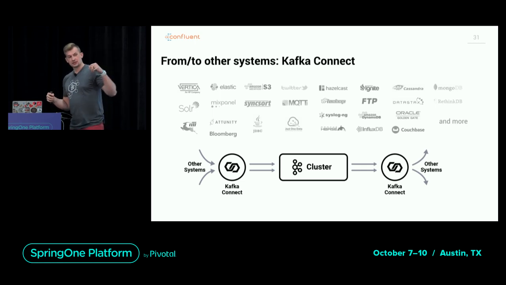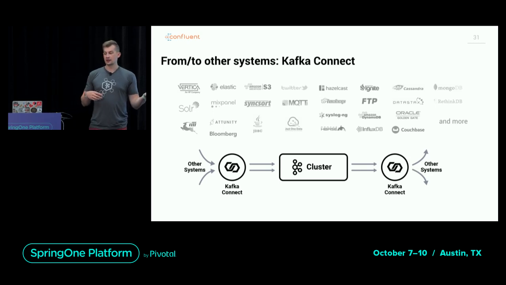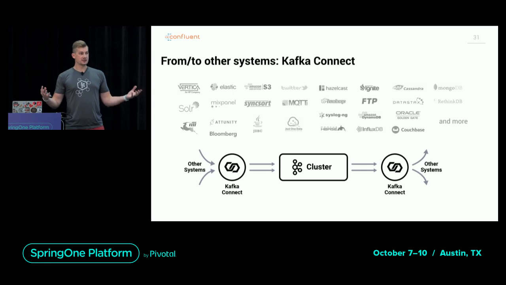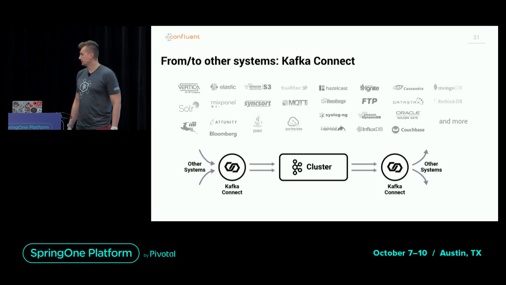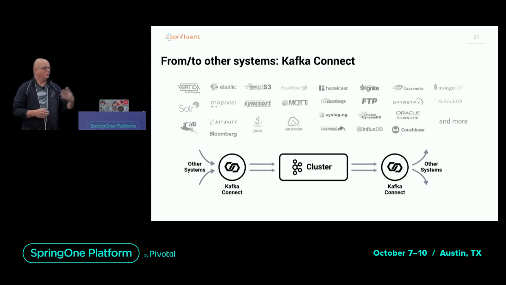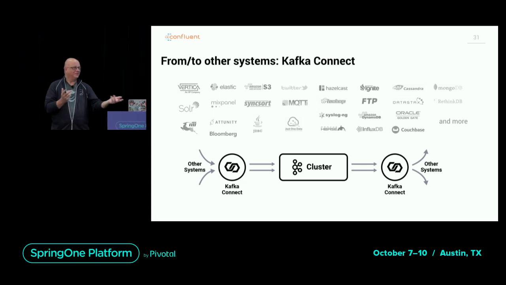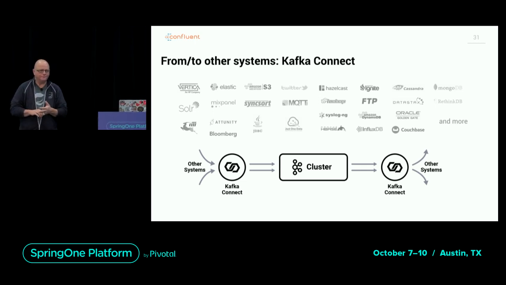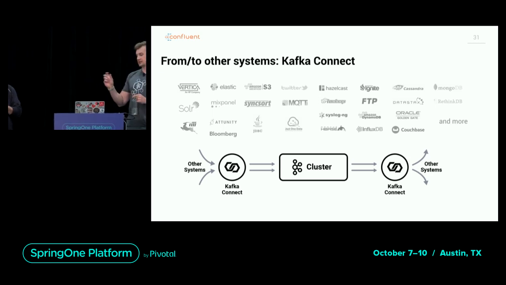So in this case, some real-time stream goes directly from your application server to Kafka, and another will come from your database that has this historical data. I think it's also important to understand that it doesn't have to be Connect on both sides, right? You can have a Boot app on one side and Connect on the other, and vice versa. So we will be demonstrating some of these things.